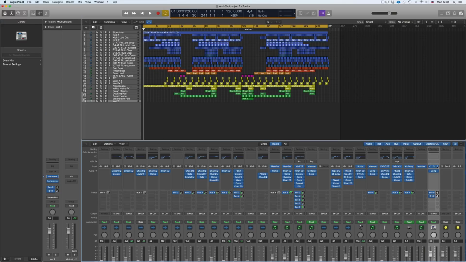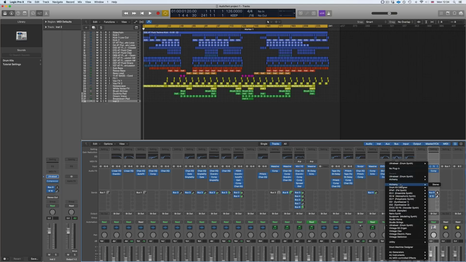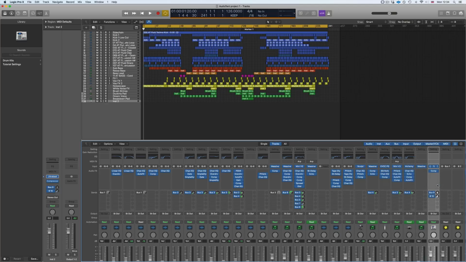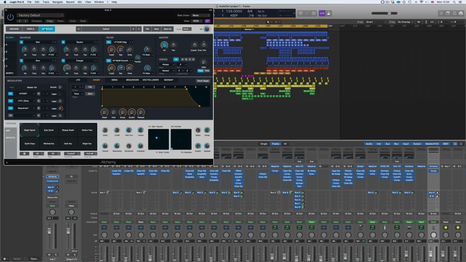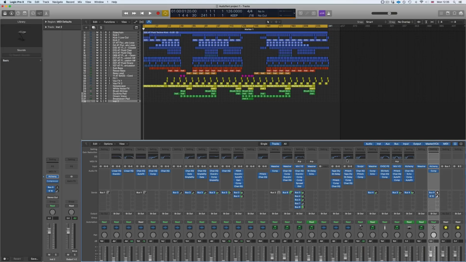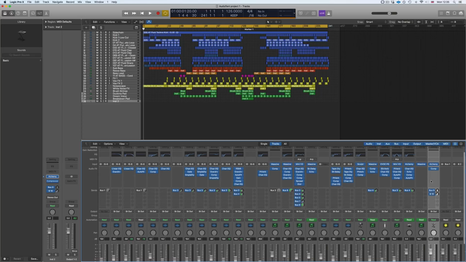But if you do look at some of the newer ones, so if you go to something like Alchemy, you can see that Logic has got back on course with how the plugins look. So you can look at this and you know where to find your sources, your filter, your master and your modulation sections. They obviously can't get rid of the older things, the legacy plugins. They've kept them in there, but they are making a push towards making the interface more user friendly.